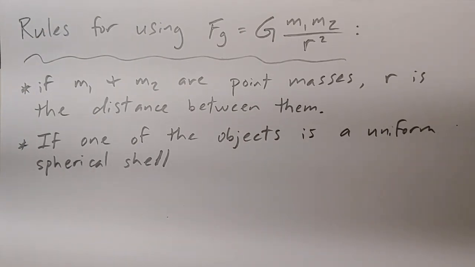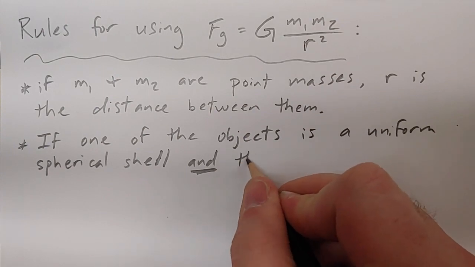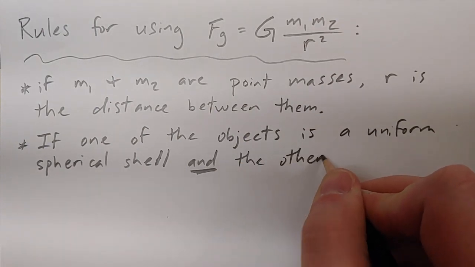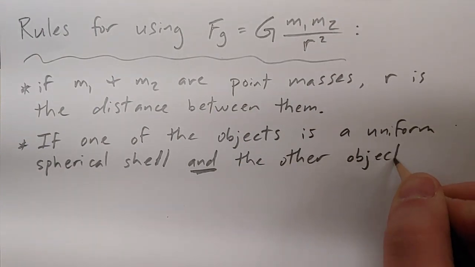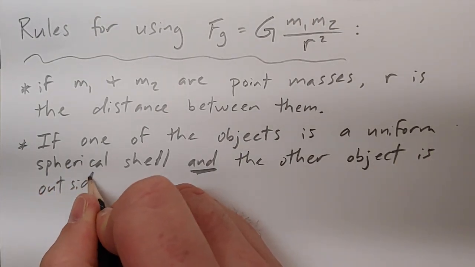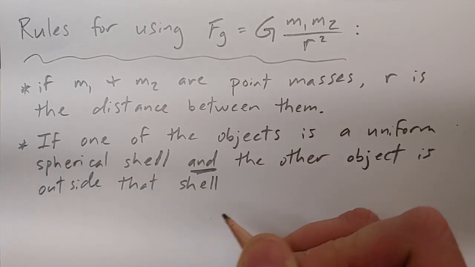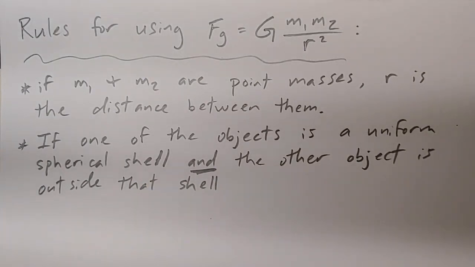Spherical meaning it's a sphere, it's ball shaped, and then a shell meaning that it's hollow, all of its mass is on the outside. So if one of the objects is a uniform spherical shell and the other object is outside that shell, okay, so if one of the objects is a spherical shell and the other object is anywhere in space other than inside the shell,